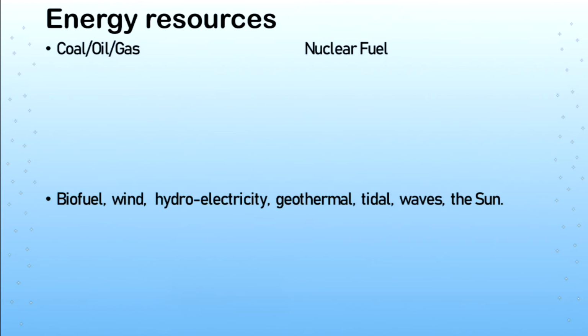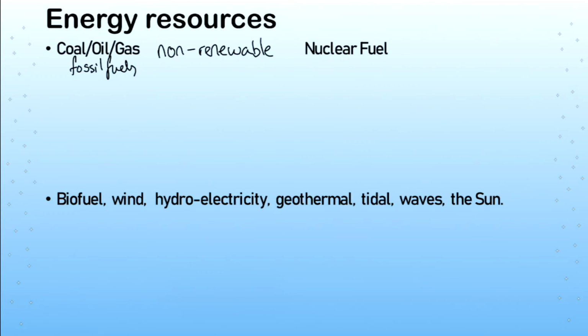The final part of the energy topic is looking at different ways of generating electricity using natural resources to allow us to do so. We don't need to know anything about how they actually work. It's more to do with the advantages and disadvantages, how useful they are. The first category of resources that we'll look at are non-renewable. So these, in short term for our use at least, will eventually run out if we use them in high quantities. And these are coal, oil and gas, which are fossil fuels,